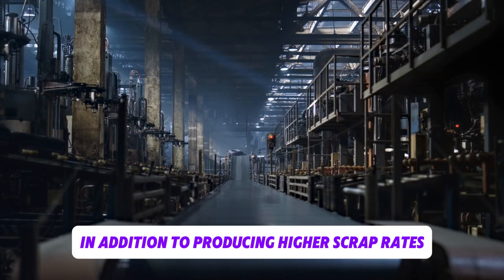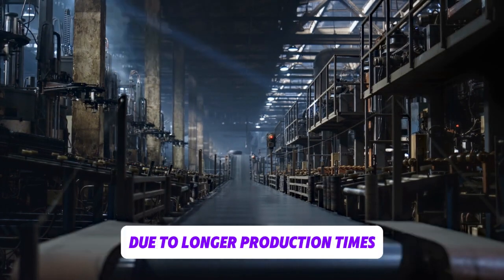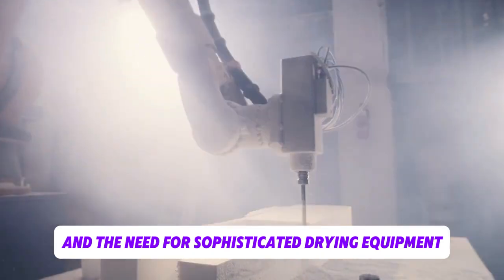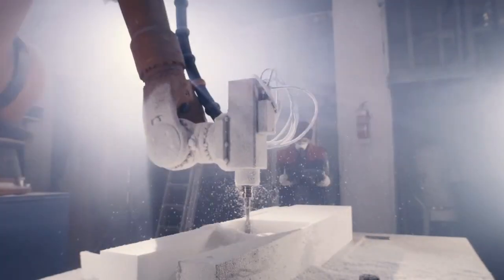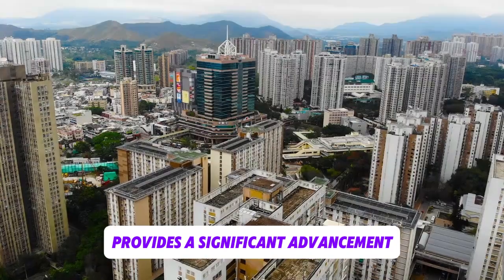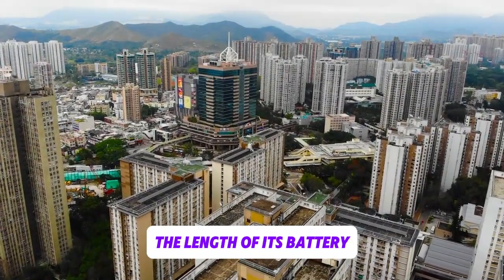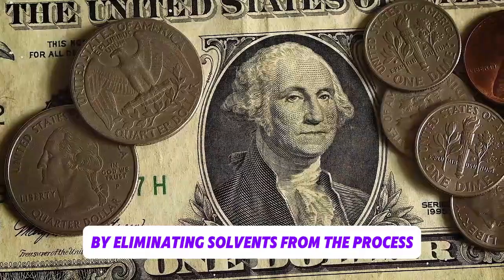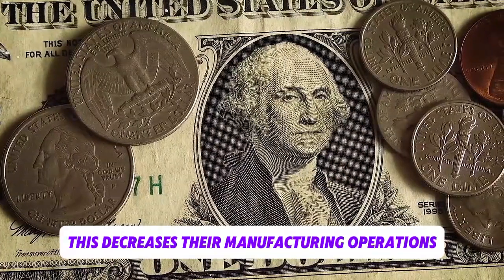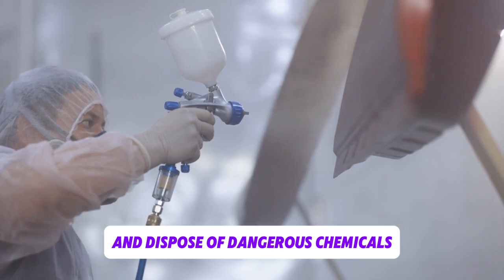In addition to producing higher scrap rates, this process has a greater environmental effect due to longer production times and the need for sophisticated drying equipment and solvent fume management. Tesla's invention of the dry cell technique provides a significant advancement. Tesla has achieved a 30% reduction in the length of its battery production line by eliminating solvents from the process. This decreases their manufacturing operations' environmental impact dramatically by removing the need to handle and dispose of dangerous chemicals in